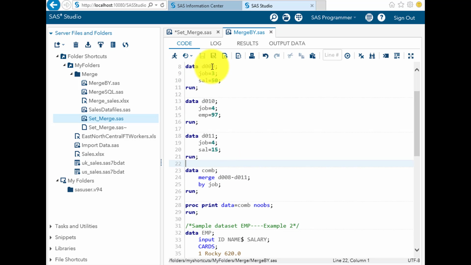Here we have four data sets and the naming conventions are similar, so we can use a dash statement, like D008 dash D011, and then in the ID column we can write by job. Why? Because the job column is common in all the four data sets, and then run. Let's execute this.